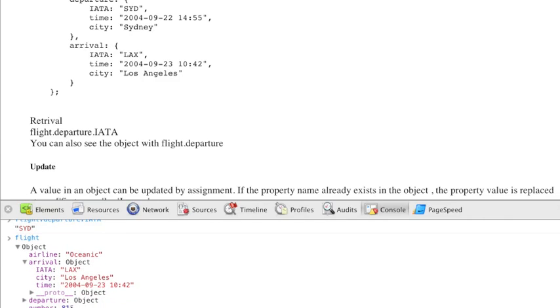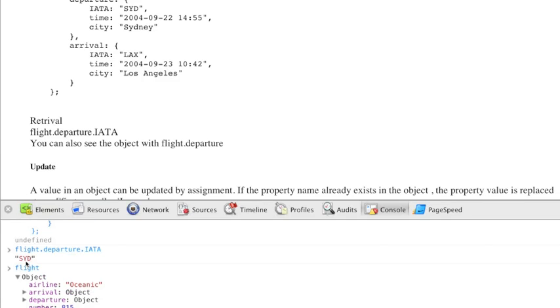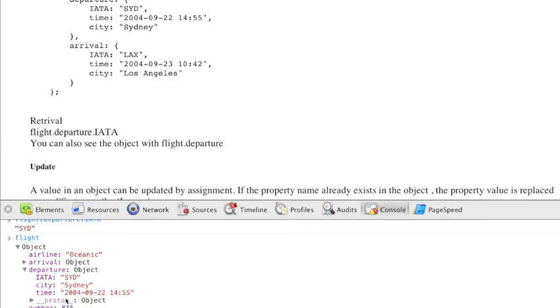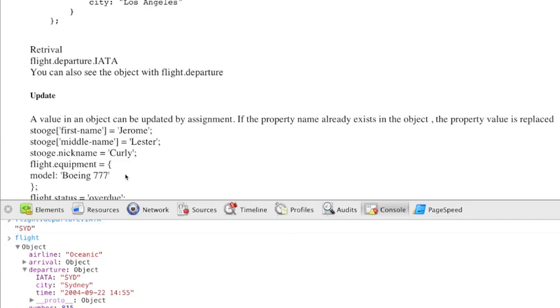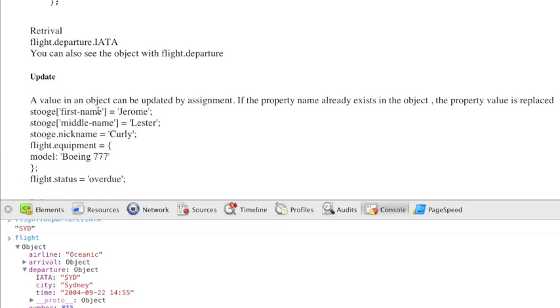So airline is one object, and inside that there is an arrival and there is a departure. Okay, and there is a flight number. A value in an object can be updated by assignment. If the property name already exists in the object, the property value is replaced. So in the previous examples,